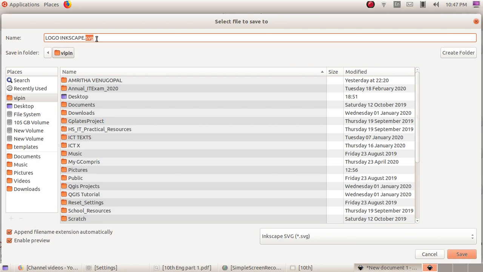The default image format of Inkscape software is SVG. You know the full form, okay? In the previous class we already discussed that: SVG, scalable vector graphics, right? Click on the save button.